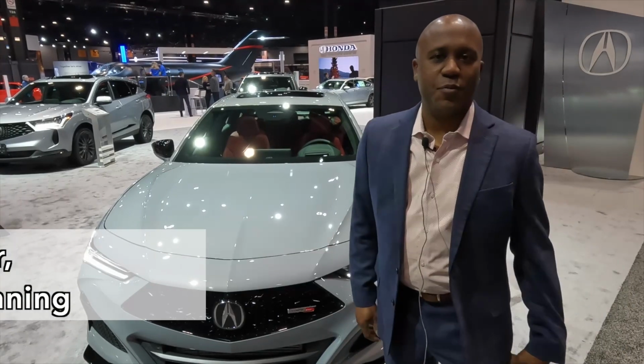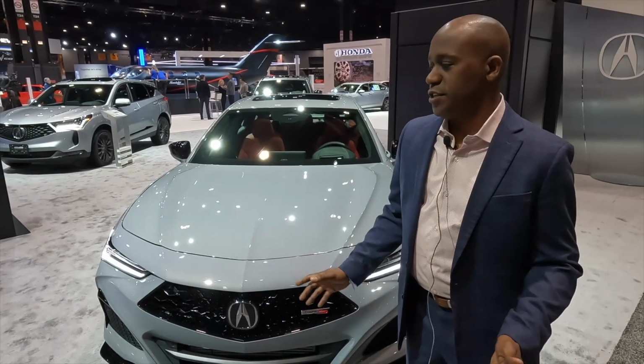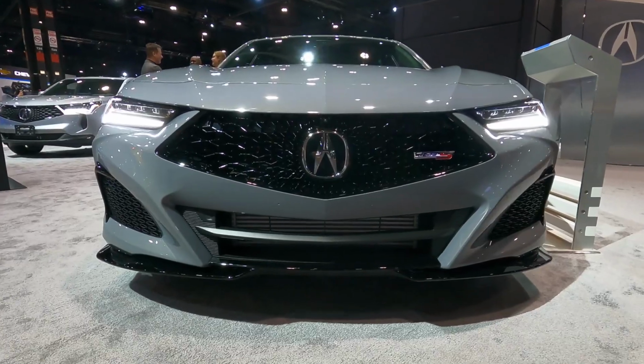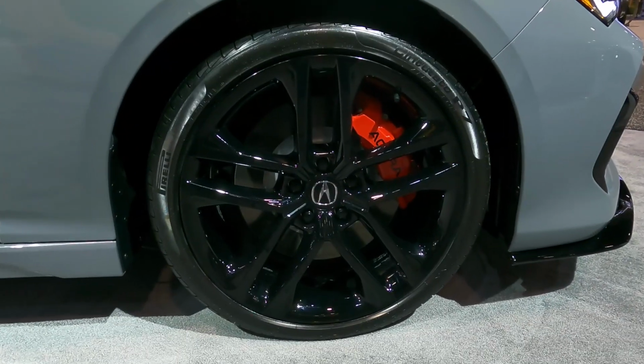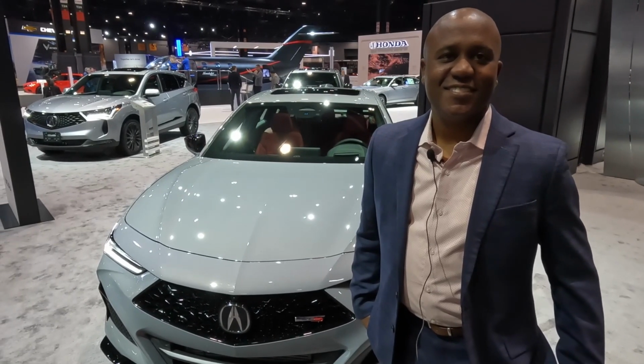Oh, thanks a lot for having me, Robin. I'm really excited to talk about this car. This mid-cycle refresh for TLX is fantastic. There's a lot of updates to the exterior design, the interior design, and technology of the vehicle as well. Yeah, absolutely, and we will get inside soon because there's some new larger screens to look at, but I know